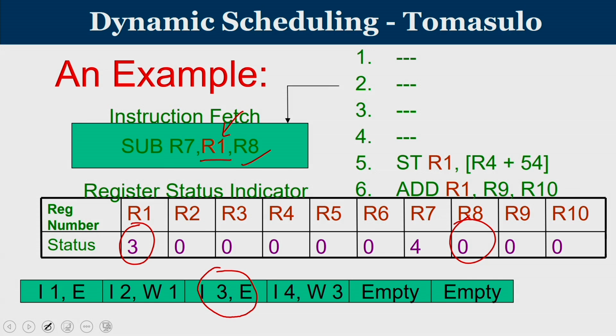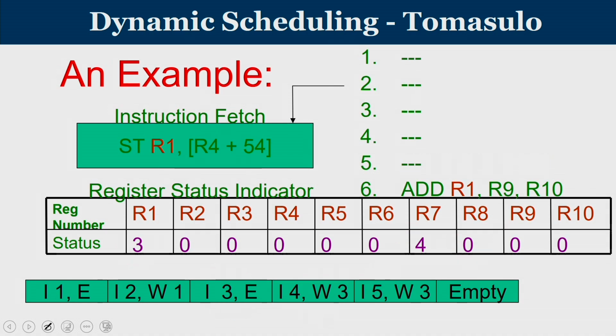That is the reason that the fourth instruction is in the waiting stage in the fourth functional unit, waiting for a result that is produced by the third functional unit, and the result is to be returned to R7. So from this point RSI value of R7 is equal to 4, because the result that is produced by the fourth functional unit will go to R7. So anybody who wants the value of R7 from this point has to wait for the result from the fourth functional unit.